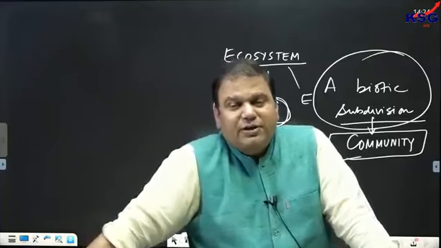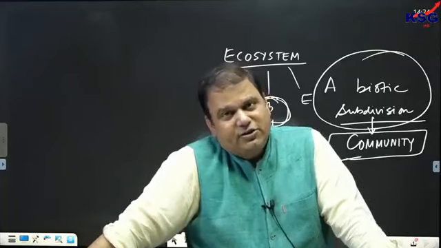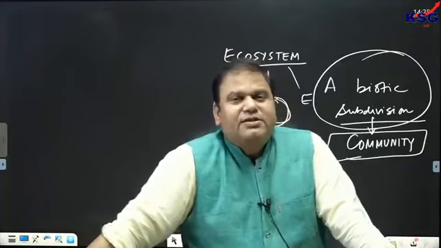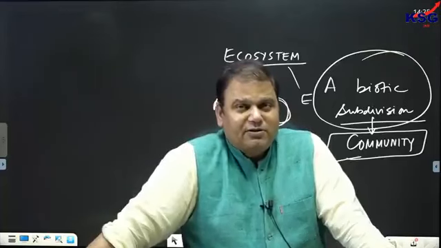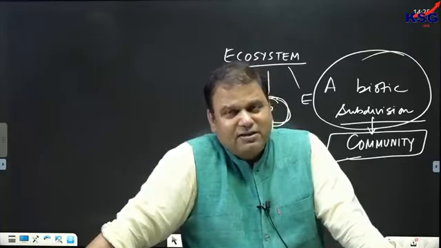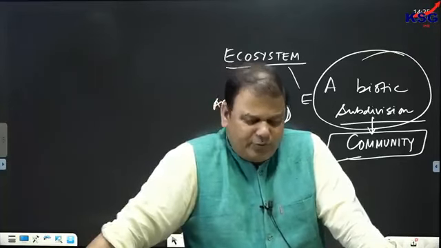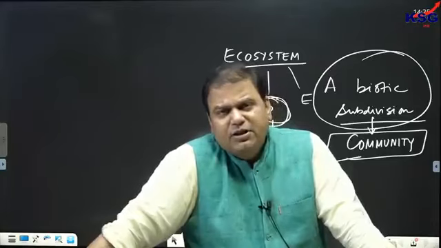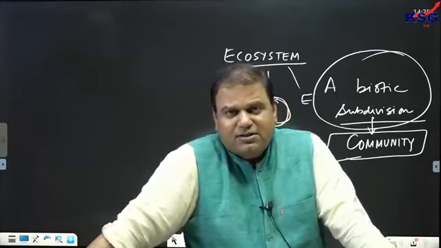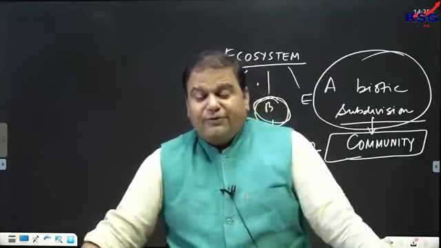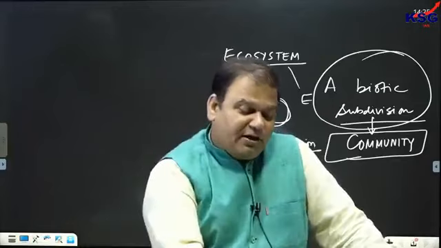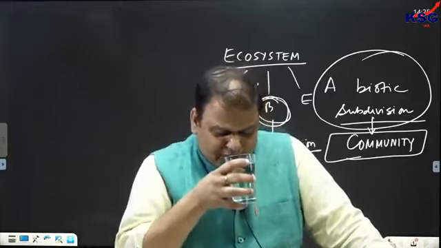These functions would be collectively referred to as niche, or in other words, the functional aspect of members of the ecosystem would be referred to as niche. And niche would be of three different types depending upon the functions that they perform. If suppose the function is food accumulation, then this kind of niche would be called what?